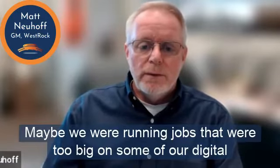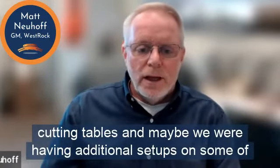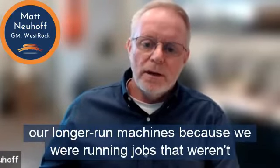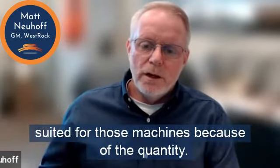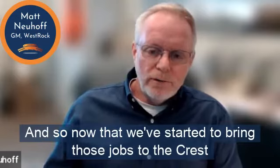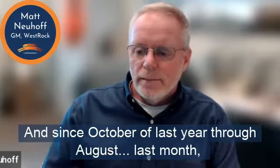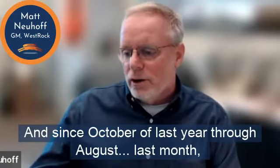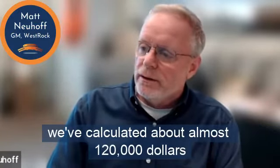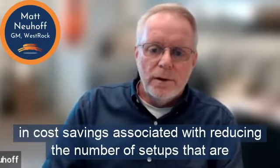as efficient. Maybe we were running jobs that were too big on some of our digital cutting tables, and maybe we were having additional setups on some of our longer run machines because we were running jobs that weren't suited for those machines because of the quantity. And so now that we've started to bring those jobs to the Crest, we've been tracking the cost savings. Since October of last year through August of last month, we've calculated almost $120,000 in cost savings associated with